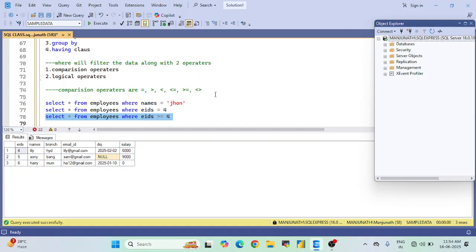Among them, is equal to and does not equal to can be used for both text columns and integer columns. That means we have the others too, like branch, email ID, date of joining, and you can use it for any of them. Okay, so is equal to and does not equal to you can use for text and integers, whereas the rest of the other 4 operators we can use for only integer columns. Okay,